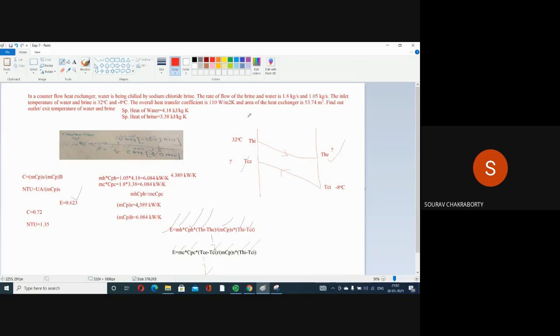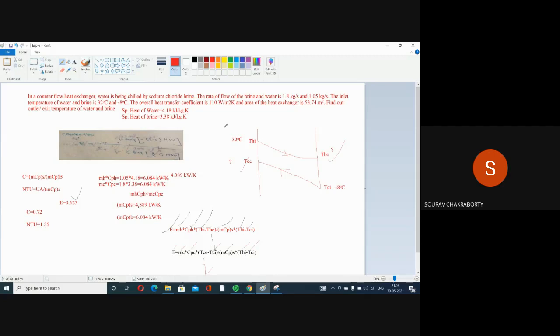The second case is this particular problem. You have the inlet temperature for both fluids, the area, the overall heat transfer coefficient, and the specific heat capacity and mass flow rate for both fluids, and you need to determine the outlet temperature for both fluids. So the effectiveness approach should be applied. These are the two approaches. In GATE also, questions come from these topics. These are the two numericals I have solved, one for LMTD and this one for effectiveness.